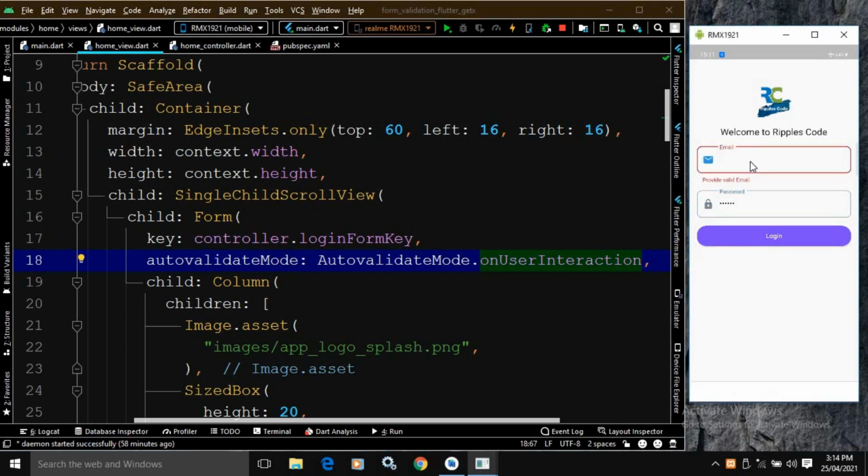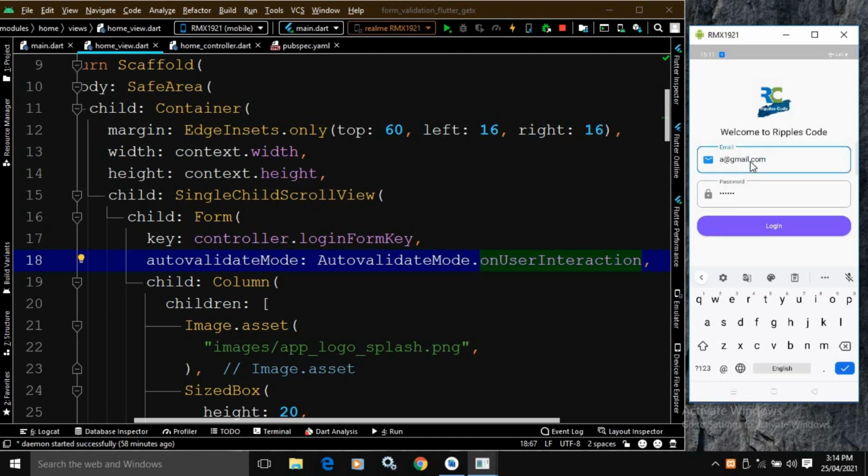Let me write the email as well, a@gmail.com, and see the validation error goes. Now here in autovalidateMode, there is onUserInteraction, there is one more option, that is dot always. Okay, and let me again run the project.